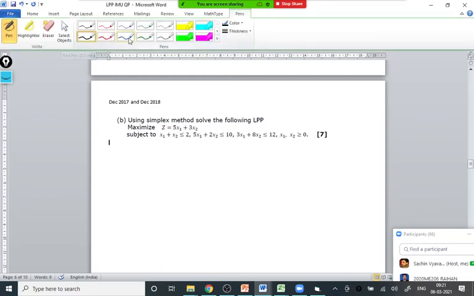Now you already know the solution. We just have to cross check whether it is the same or not by simplex also. In the solution, step number 1. What is step 1 when you have to do it in the exam? Step 1 for the simplex method is to write the slack variables in standard form. We have to convert to the standard form of the simplex method, that is, add a slack variable, correct?